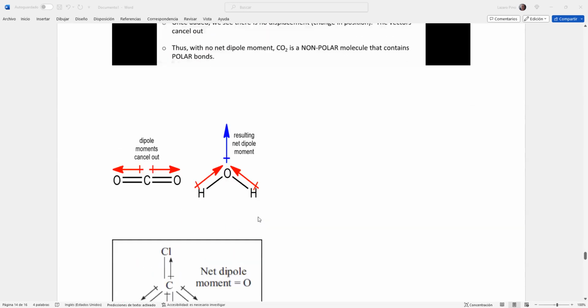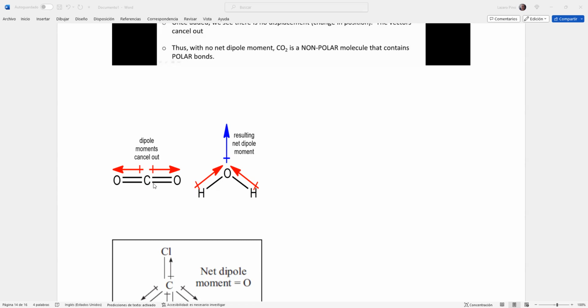Let's see. Well, look at this. Here we have water. Yeah, we have a dipole here between hydrogen and oxygen. They are equal, but in this case, because of the shape of the molecule, the net dipole moment is different from zero, and water is a polar molecule, while